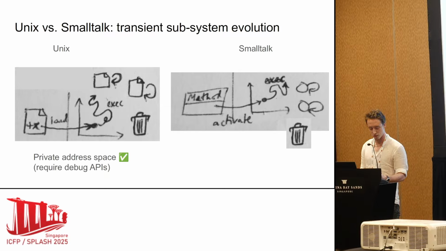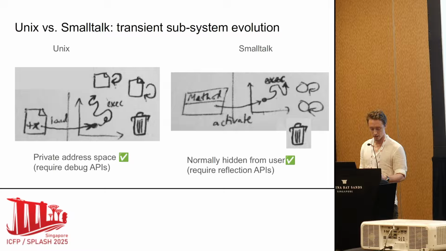Now, what about the execution of methods in Smalltalk? A method activation is created and prepared in an initial state based on a persistent method object. Its execution is then started from the first bytecode instruction, and it forms its own evolving subsystem. Along the way, it can make changes to objects by sending messages or directly writing to its message receiver. And once it finishes, it will eventually be garbage collected, along with any local objects that it created which didn't get any references from the outside.